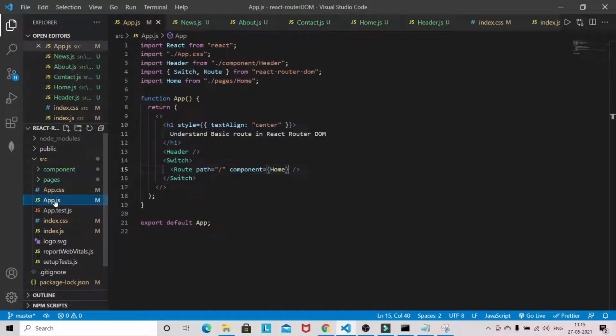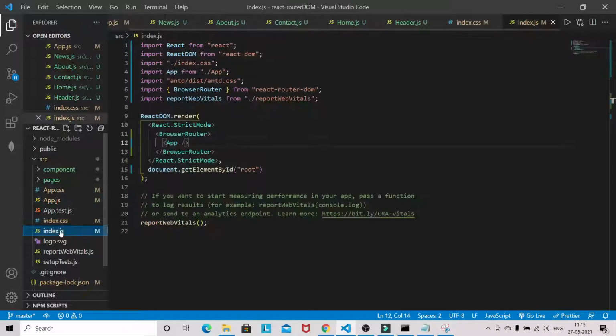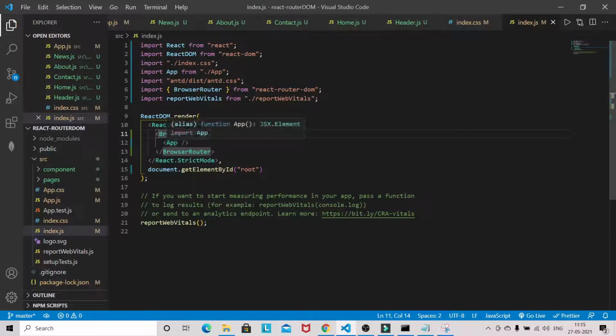Now come to the App.js file, and one more thing you have to do, I just forgot. You have to go into the index.js file and wrap your component with BrowserRouter from React Router DOM. Only then will routing work.